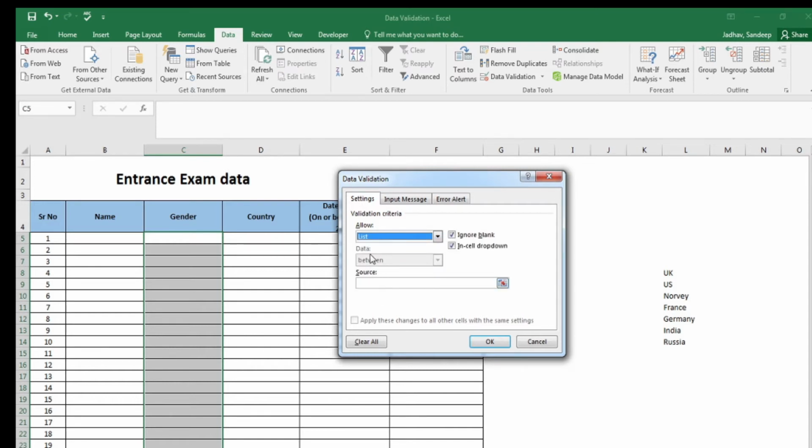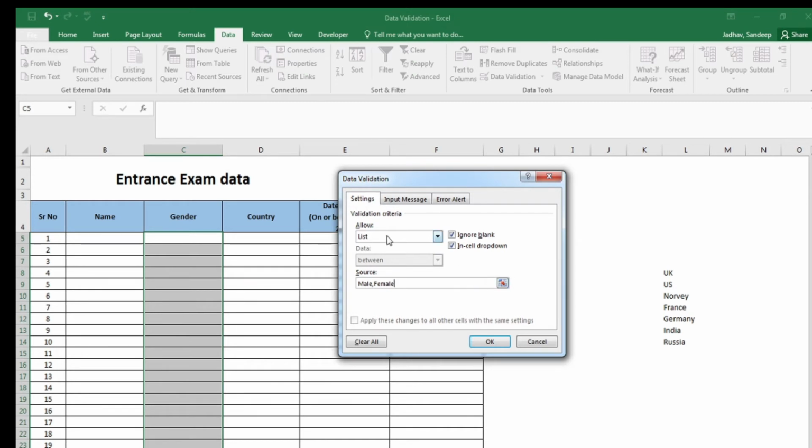Under the list, there is a box here labeled source. So I will type here male, comma, female. Now there are two ways by which we can give the list to this Excel workbook. One is by typing, separating by the comma, and another is by selecting the list, which we are going to talk about in the next column.